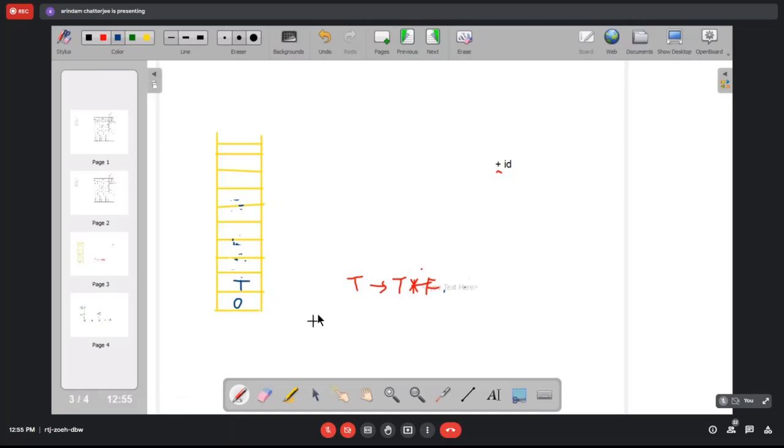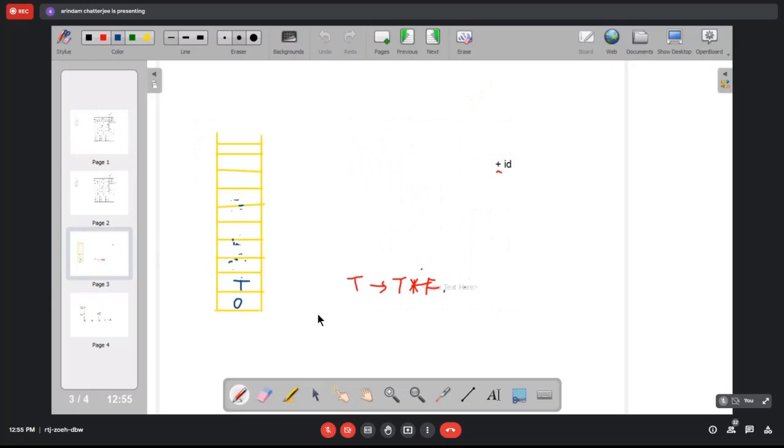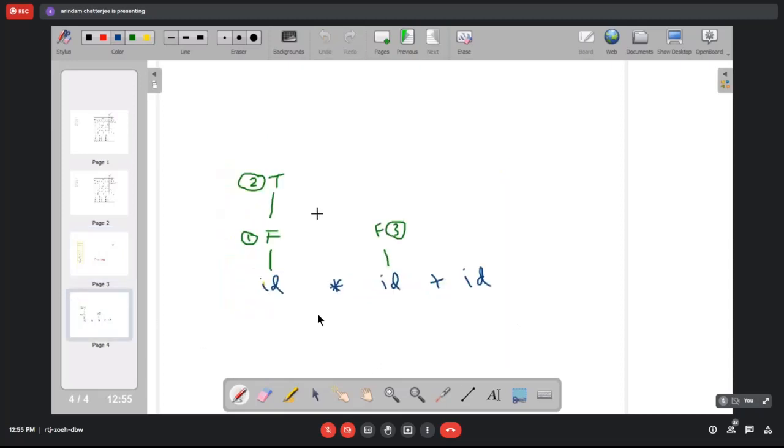Right? And then 0 and T. 0 and T is 2. So we'll push a 2 at the top. Is that fine? And of course, we have to make necessary changes in the parse tree.